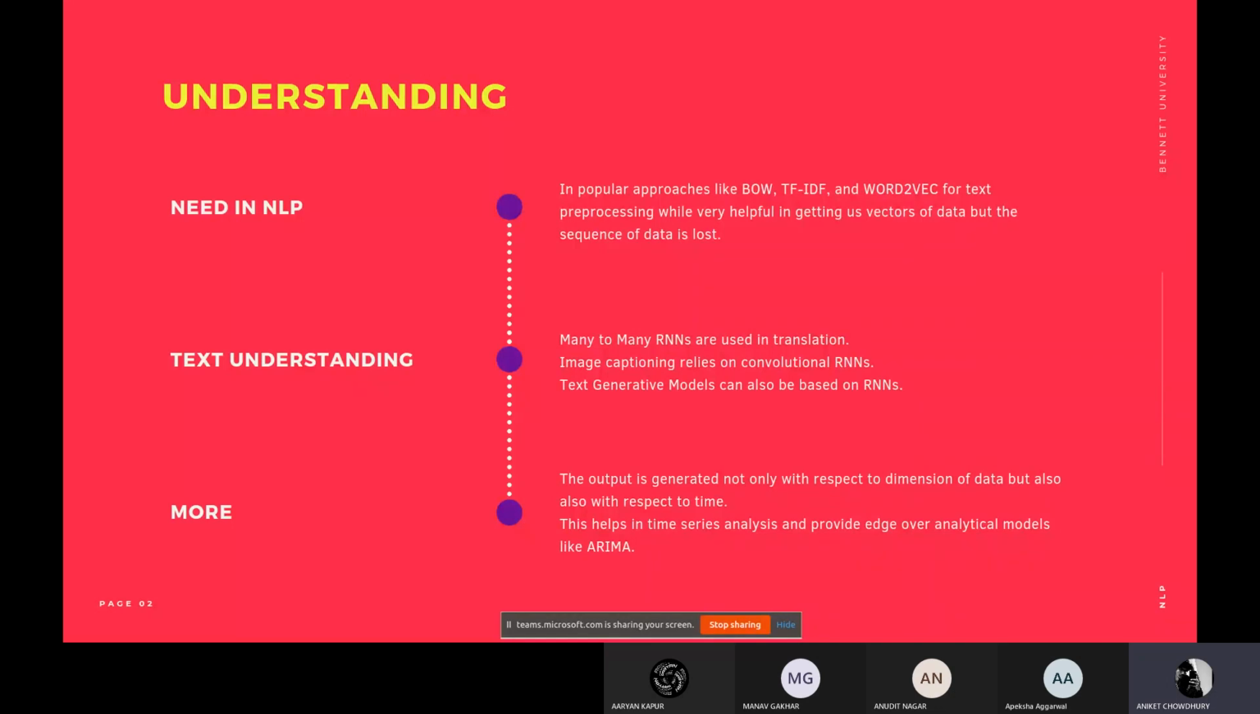More on RNNs is that the output is generated not only with respect to the input but also with respect to time. So, as we discussed a bit earlier, the data is dependent not only on the previous state but also on the output of the previous neuron. This can help in gauging the state, like in time series analysis,